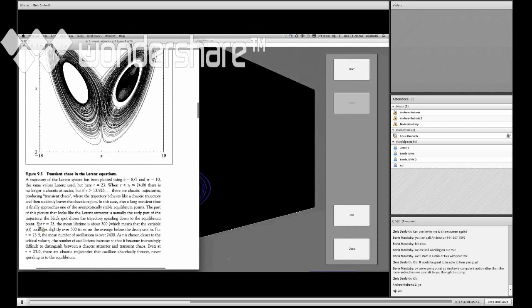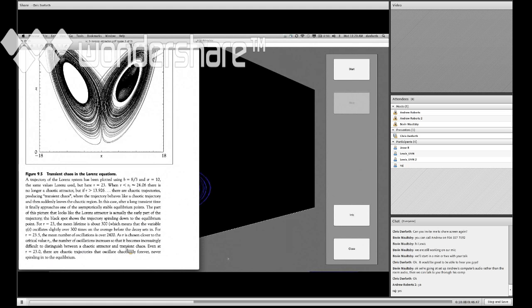So for R equals 23, the mean lifetime of this transient chaos is about 300. As you crank it up a little bit more, the mean number of oscillations becomes 2,400. And as R, that's the Rayleigh number, the difference in the forcing, is chosen closer to the critical value, the number of oscillations increases so that it becomes increasingly difficult to distinguish between a chaotic attractor and